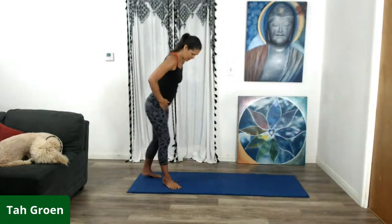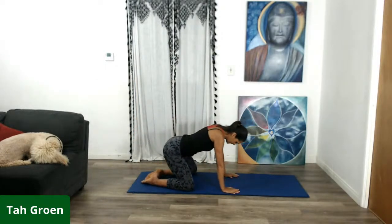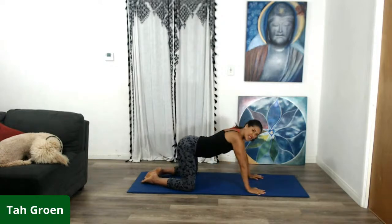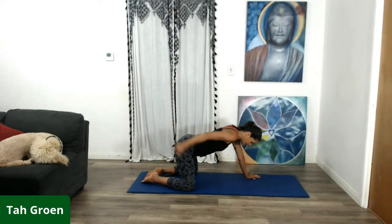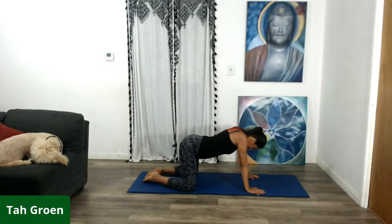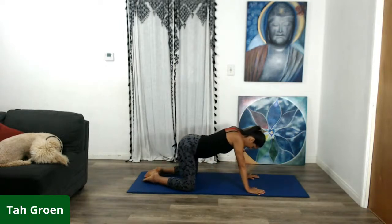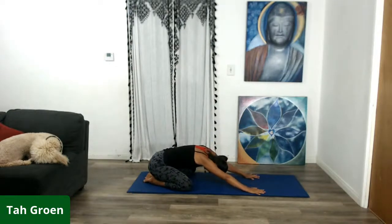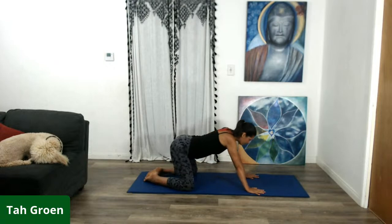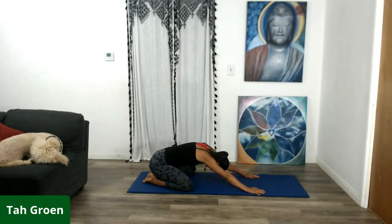So today, let's start in child's pose, coming to the back of the mat. And lots of times we go right into child's pose and it might be too much for the hips. So lately I've been giving it some pulses with breath to warm up those hips. So you're coming forward and then you're letting your hips drop back. You could do that with breath. Inhale forward, exhale back. I have my knees a little wider